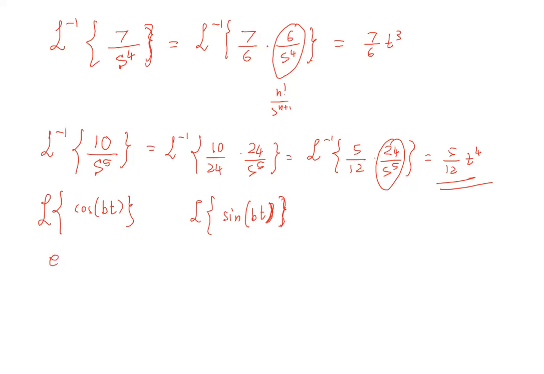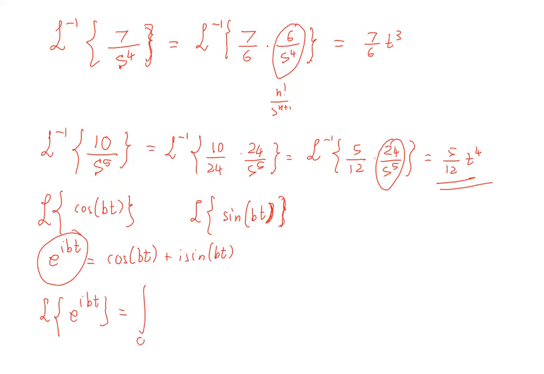So I know that e to the ibt is the same thing as cosine of bt plus i sine of bt. So I'm going to try to compute the Laplace transform of this. And when I find the Laplace transform of this, I'm going to break it into real part and imaginary part, and the rest will be easy. So the Laplace transform of e to the ibt is going to be the integral from 0 to infinity of e to the negative st times e to the ibt. And now I do this little trick. I write this as the integral from 0 to infinity